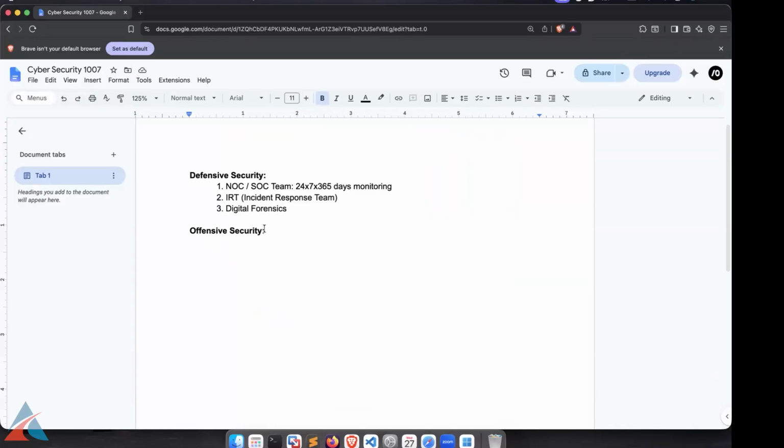It's exactly the same, and based on the areas, the work is defined. The offensive security team does penetration testing, red teaming activities, and DevSecOps implementation in different areas. We're going to go one by one through each of them to just understand it, and later we are going to study it in detail.